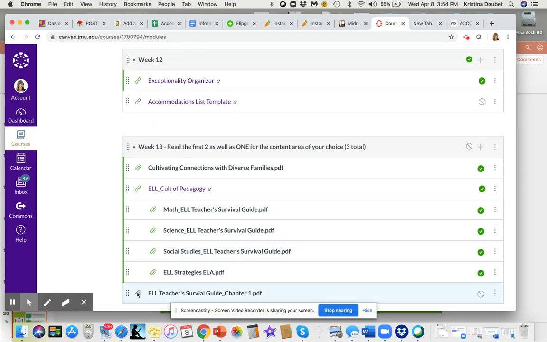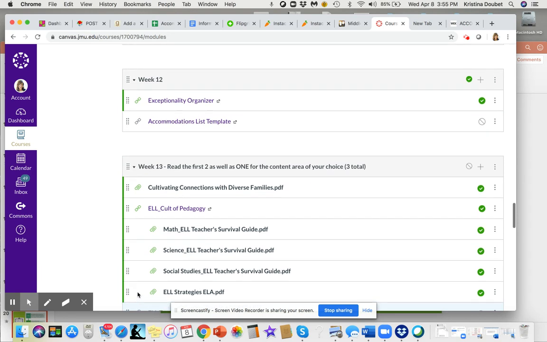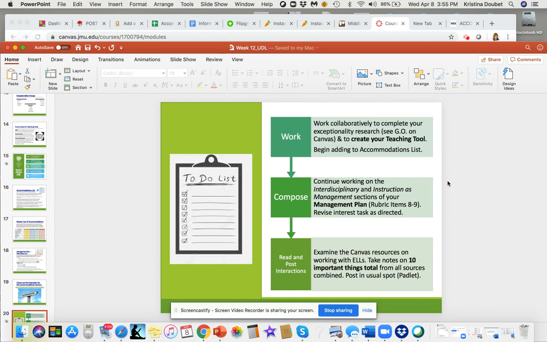Pretend like this isn't here. I have this hidden because I'm going to explain that stuff rather than make you read about it. So you can choose either content area. You don't have to read both. Choose the one that you are the most interested in, or the one that's shortest. I don't care. But read all 3 of those, and then you're going to, as the slide says, have an